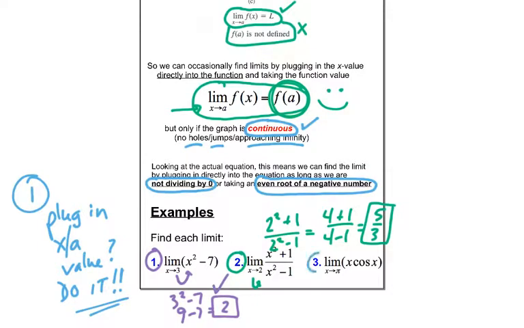Final one. Number 3. Ooh, I see trig. Oh, boy. All right, hold your breath. Ready? Let's plug it in. Got here and we got here. Let's see what happens. If I plug in pi of x cosine x, that means I get pi,